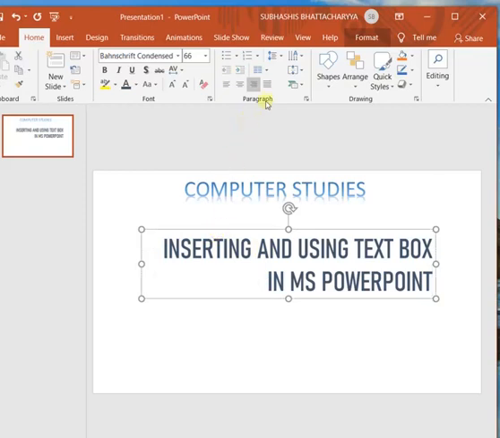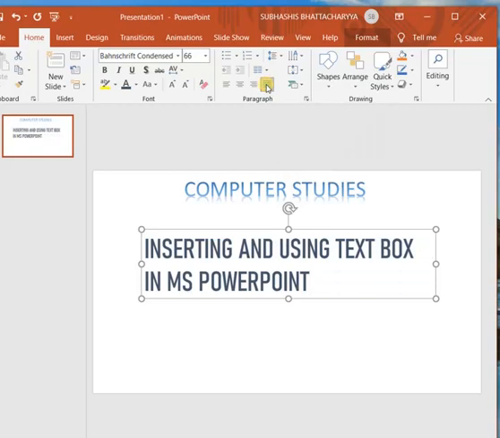Again select the text box, then justify. Justify aligns the content in such a way that the text looks even from the left and right margins. In this alignment, extra space is added between the words automatically, if necessary.